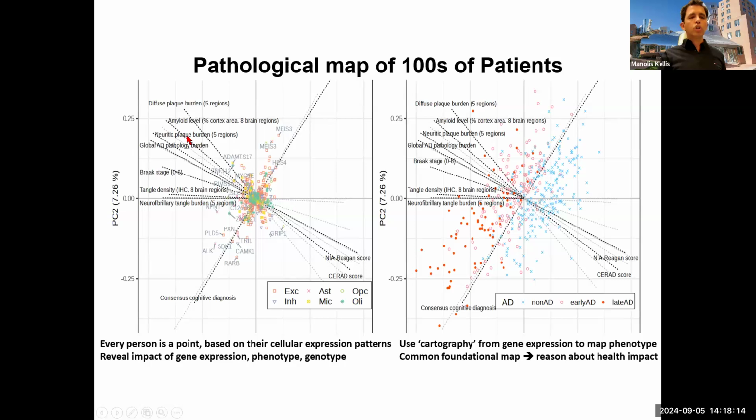And you can ask, what are the genes that are expressed differentially along this axis and along that axis? And you find that along that axis, the genes that correlate with the variation in cognition are expressed in excitatory neurons. The genes that covary with pathology are in fact expressed in microglia and oligodendrocytes. This is kind of cool. It basically says that by learning these multimodal representations of patients and gene expression, we can start peeking into some new insights.